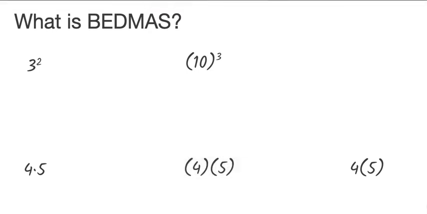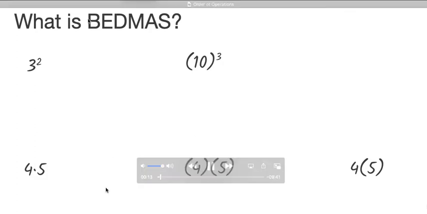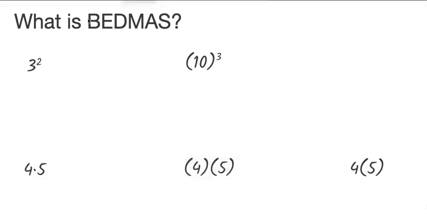So the first thing we're going to talk about are exponents, and well, actually not exponents, but let's talk about BEDMAS first, right? BEDMAS stands for brackets, and that's what you do first. Then we have exponents. That's when you're doing repeated multiplication. And then division and multiplication go together. And then finally,